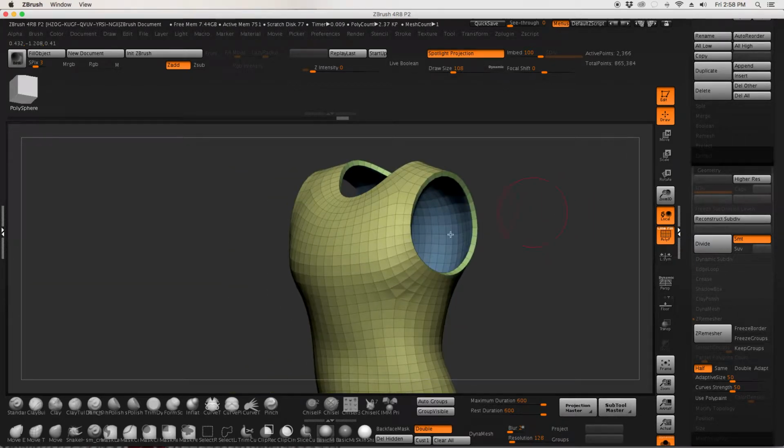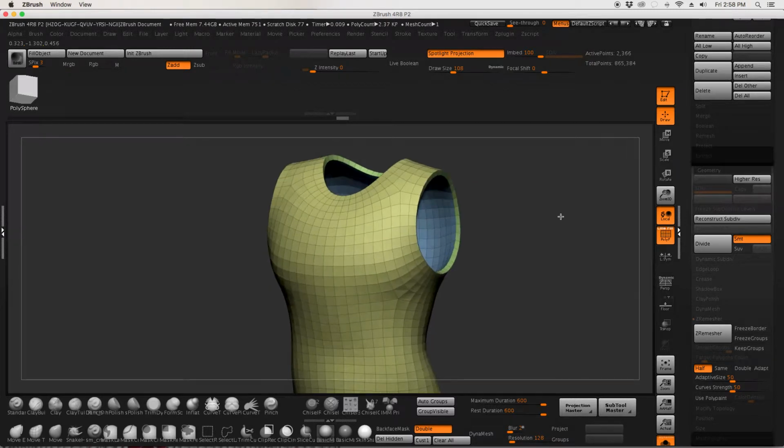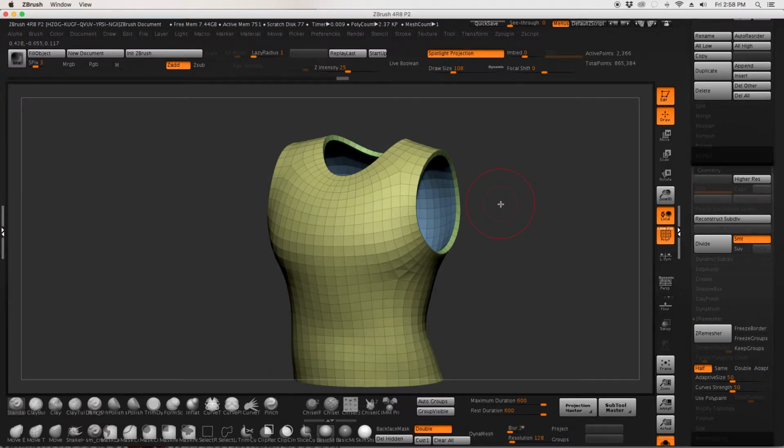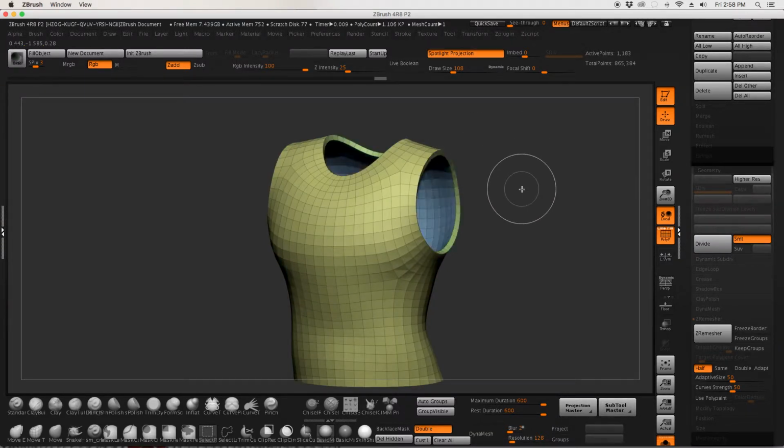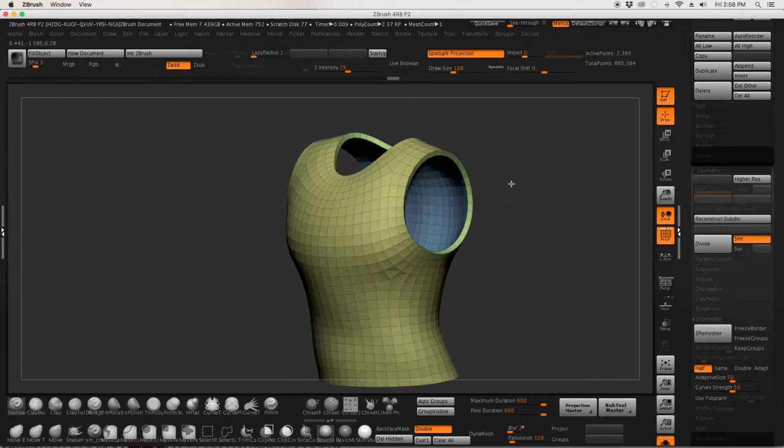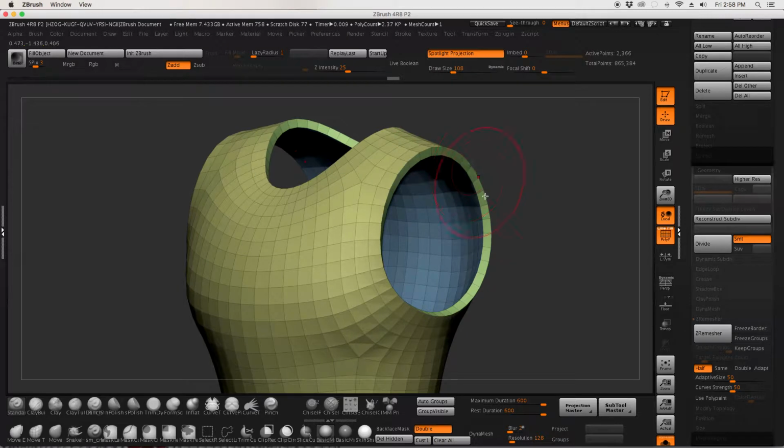Right now, you see that we've got two different poly groups, it looks like. Let me just go ahead and use my standard brush here. If I come in here and hold Control and Shift and click on this, you can see we can hide the inside and the outside, and we've got this poly group right here. So we've got three separate poly groups. All right. What I'm going to do, because we have a poly group on the edge right here,